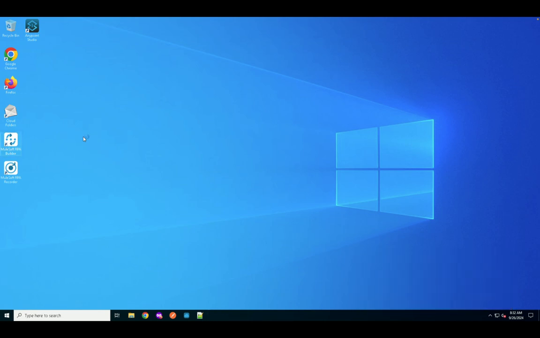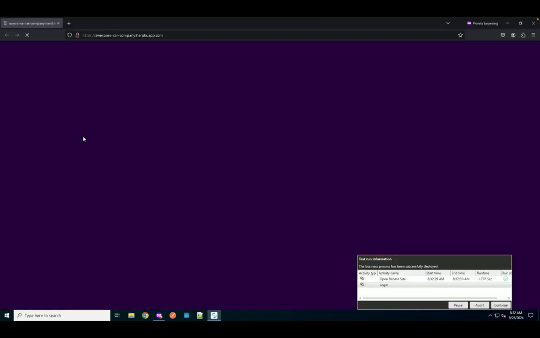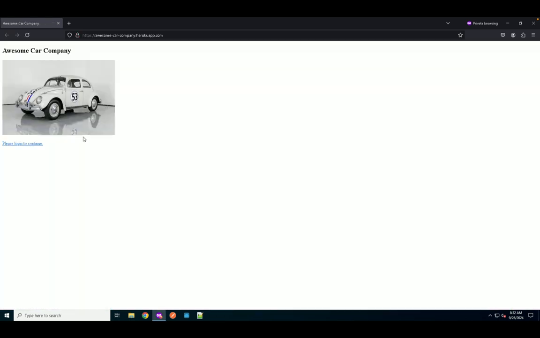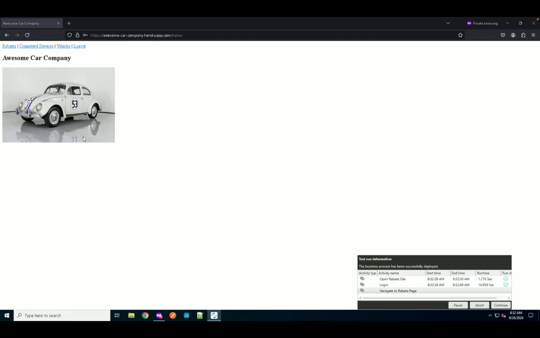So this is the first bot process that we are executing. It will open the Awesome Car Company website, and now it will search for the login text. It will click on the login text. Again, you can't see the mouse movements, but it is happening right now. It will type in the username and the password, click on login. Now it will click on the